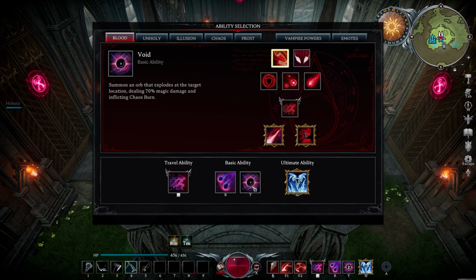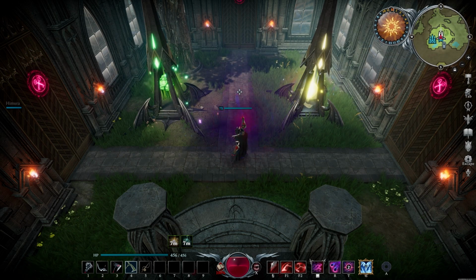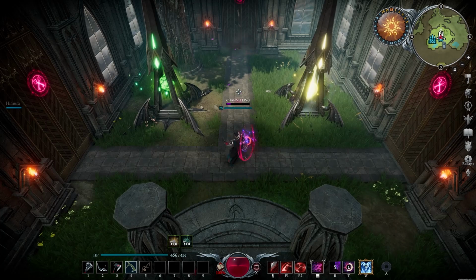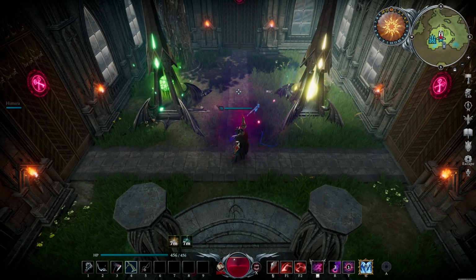The second one is gonna be Void. This one summons an orb that explodes at a target location, dealing a lot of magic damage and also inflicting Chaos Burn, which is basically your AoE ability. And it has a pretty big radius, while with the Chaos Volley, you will have a lot of single target